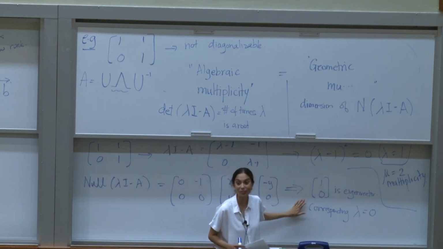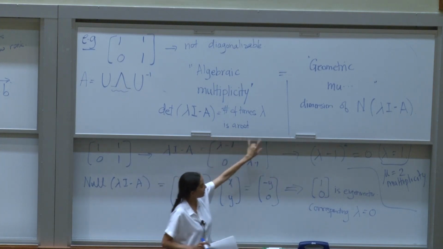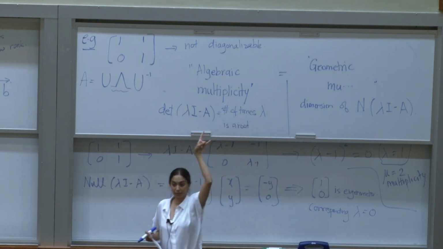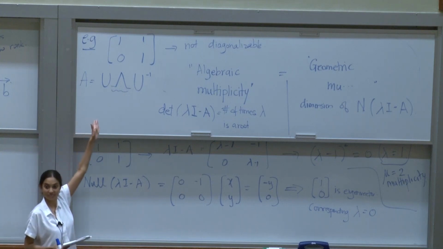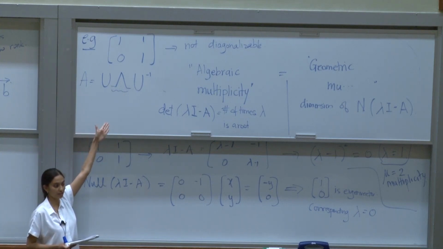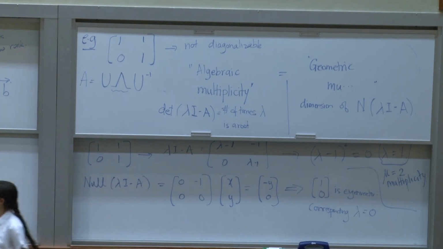Is everyone clear why 1, 0 is an eigenvector? Okay, good. So now you see that in this case, the algebraic and geometric multiplicities are not the same, and therefore, is this matrix symmetric? It is not, right? The off-diagonal elements are not identical to each other. So the nice thing about symmetric matrices is that they are always diagonalizable. Okay? In general,